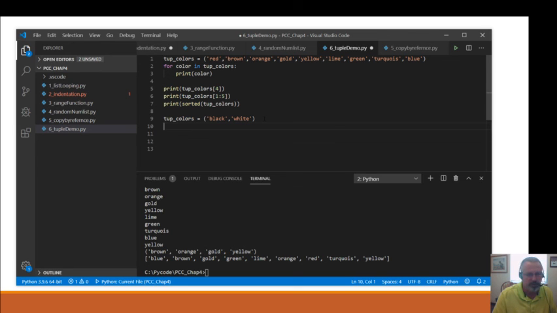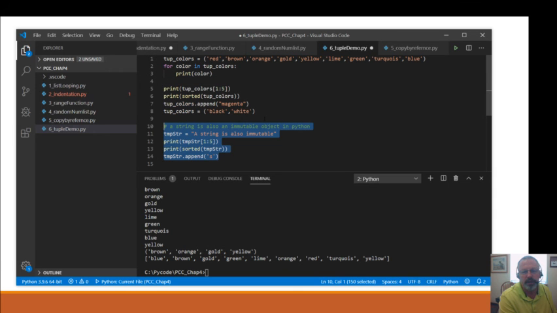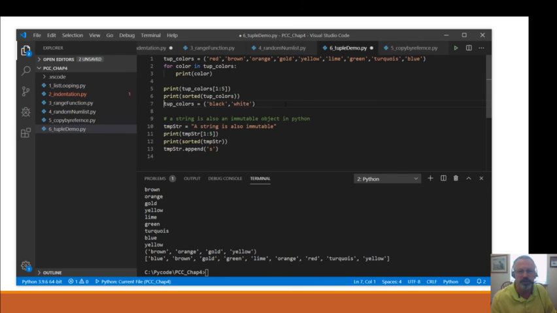So it really makes it basically a read-only list. Lists are read and write. You can change values, you can add to them, you can pop things out of them, you can do all kinds of things with lists, but you can't change the tuple. Very similar to a string. A string is immutable. We know this does not work. A string is immutable, just like a tuple is immutable, and they're very similar. So here's a string. A string is also immutable.